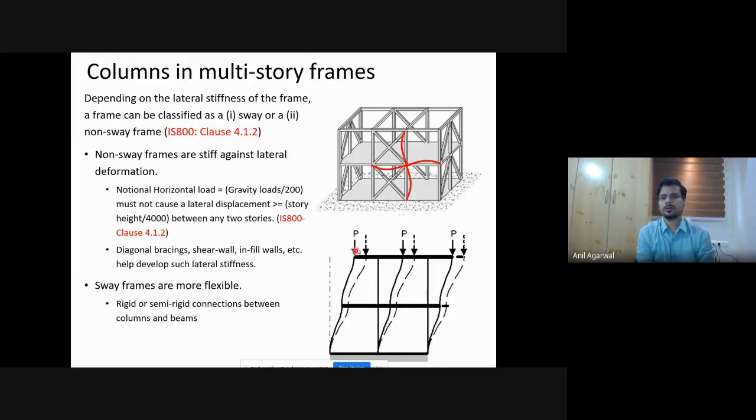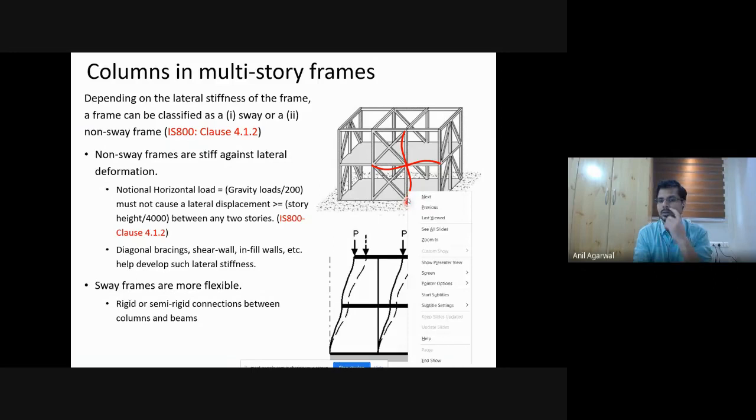Okay. Now, for this discussion, you have to understand that there can be 2 types of frames. One type is a non-sway frame or braced frame, wherein at story level, the columns or the floors are not moving laterally. That means if you look at the possibility of buckling of a column, at this location the column cannot move, and at this location the column cannot move. It can only rotate at these locations. So this kind of configuration is called a braced frame.